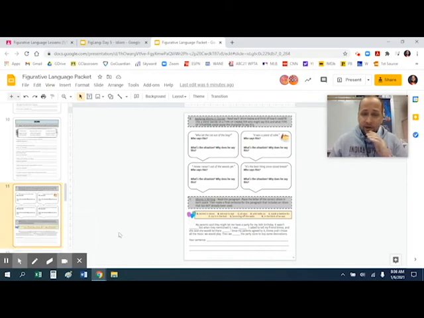And then the final sentence, write a final sentence. You have to write one sentence in this whole thing, and put in an idiom that was not used. You don't have to create one, just use one of them that hadn't been used and plug that in there. So again, check the videos, ask questions if you need help, but everything should be right there, and this should be a fun one, and use the resources as needed.